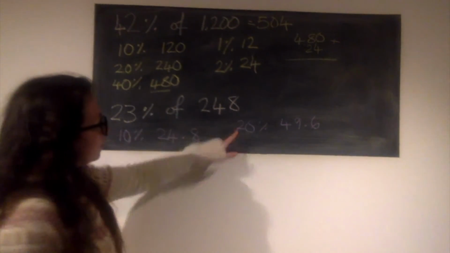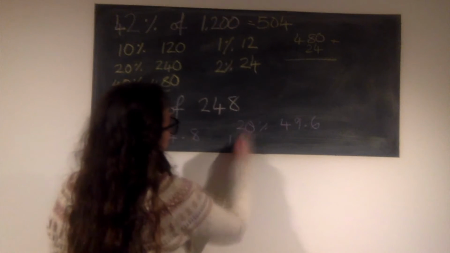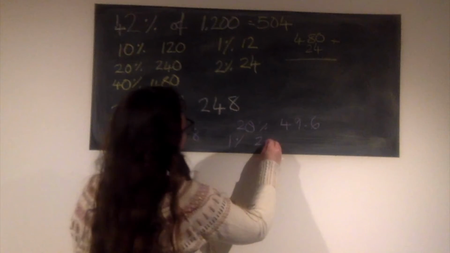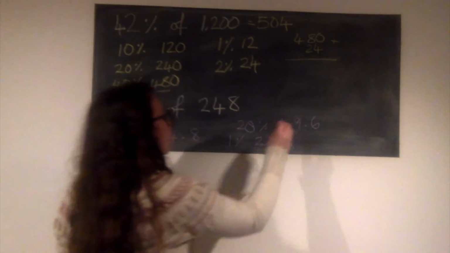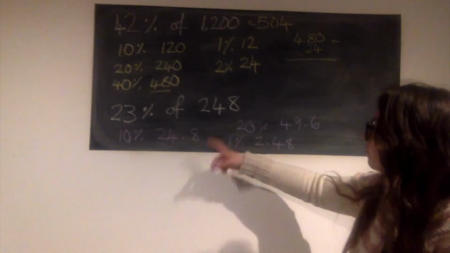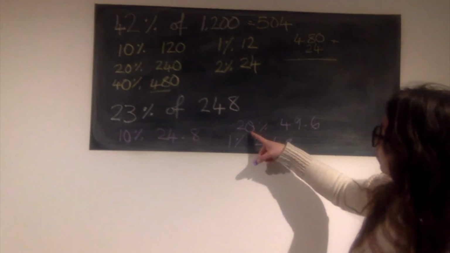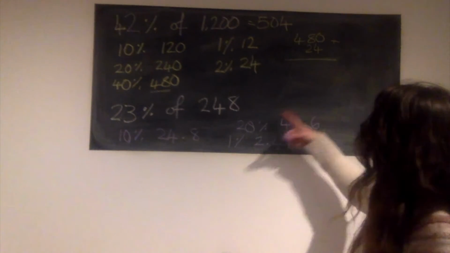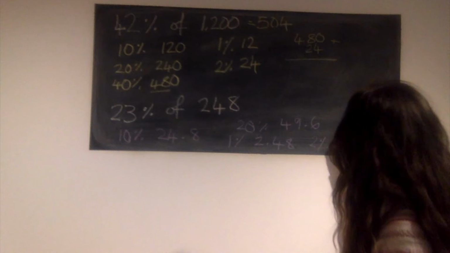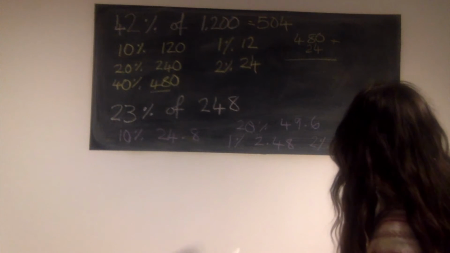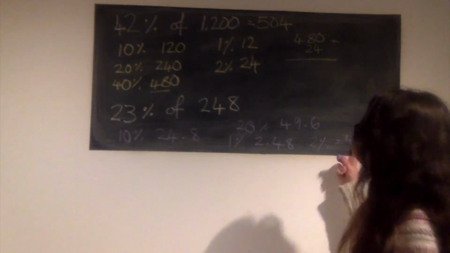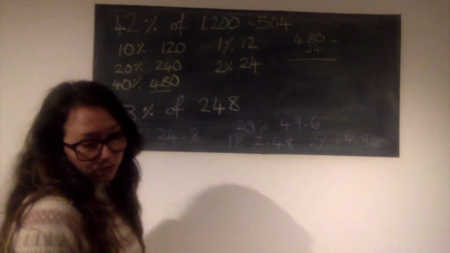23%, so I've got 20%, I need to go to 1% now. So I divide this by 100 or divide this again by 10, gives us 2.48. Double this again, or I could have, which would have been more efficient, to find the 2%, I can divide this by 10 again because this is 20%. So 2%, I'm going to make space, is 4.96. And then I can either add these two together, add that one because I need 3%,